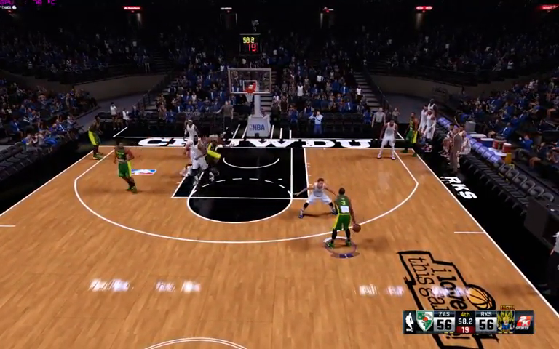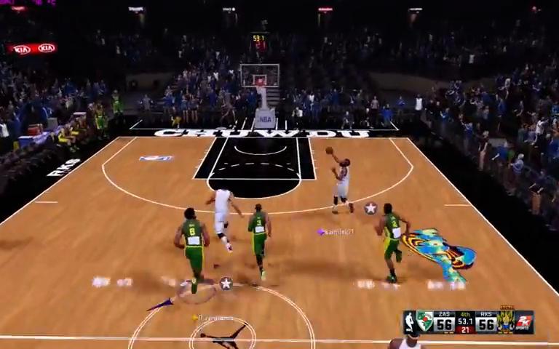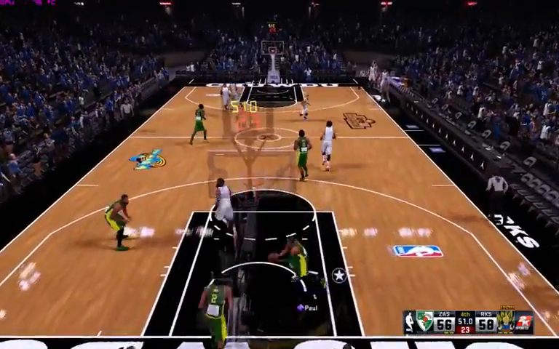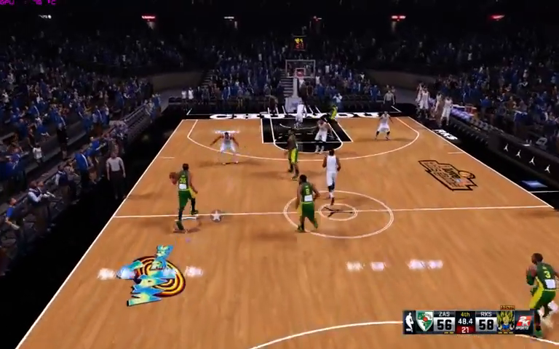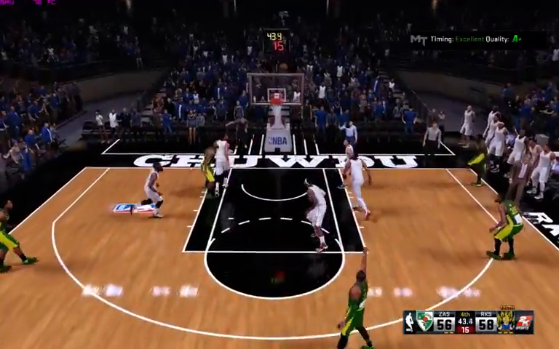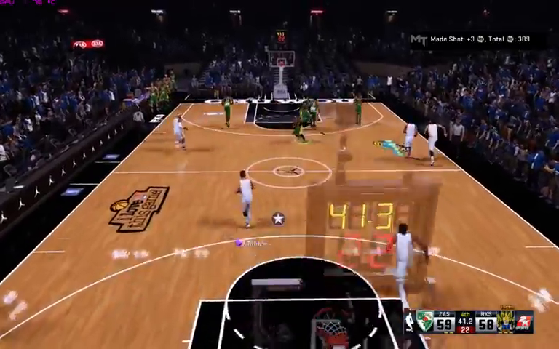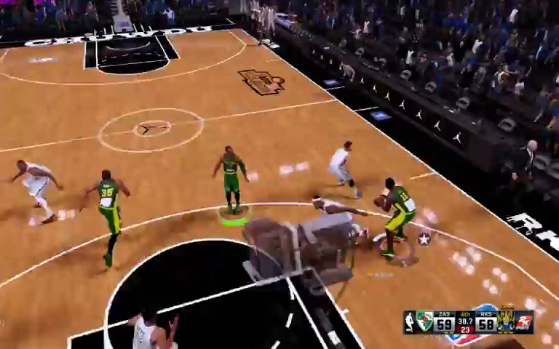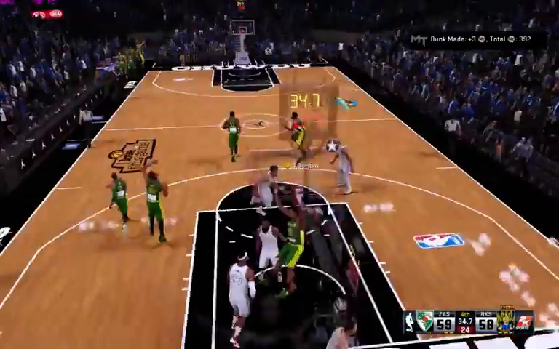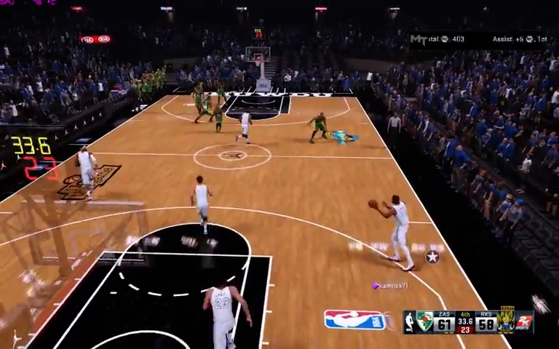Paul outside. Curry with the steal. Here's Harden. Count. Man, they're getting a fantastic effort from James Harden. Durant against Durant. Paul with the three. Cans the three. This is the red-hot version of Chris Paul right there. Taken away by Hayes. Here's Leonard. Yes! Boy, it's a scary sight when Kawhi Leonard starts lighting it up like this.